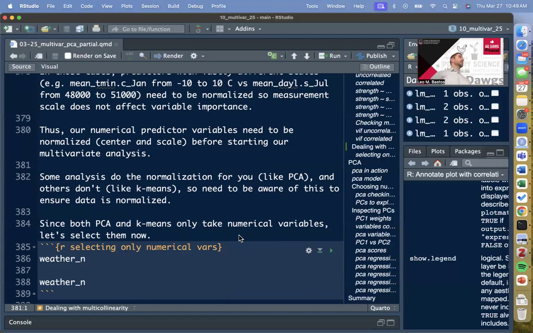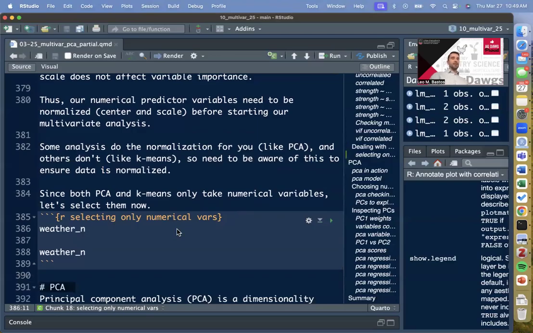Some analyses, like the one we're going to do next, which is principal component analysis, do that for you already, but others do not. So for example, we're going to be looking at a clustering algorithm also called k-means, and k-means does not do that inherently. So just to make sure that we are keeping things normal or standardized here, what I want to do on this next step is, well,